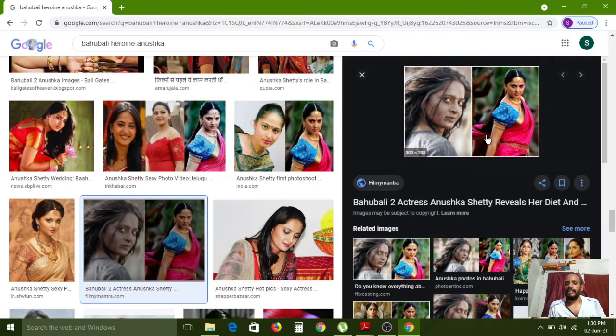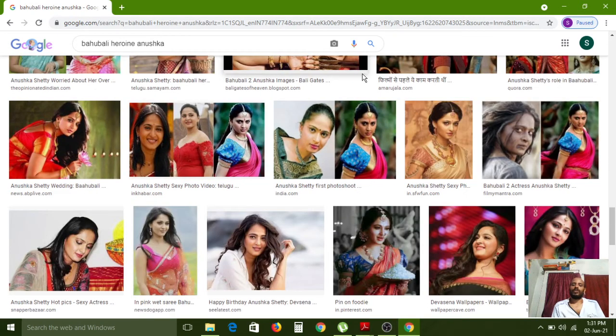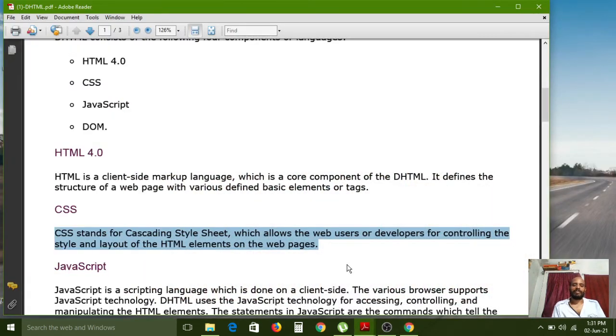After adding CSS styles, you will get it like this, colorful. Here we have applied more colors, so this picture contains CSS concepts. If you haven't used any CSS styles, then your application looks like this: old age Anushka. Understand? Okay, now I am minimizing.